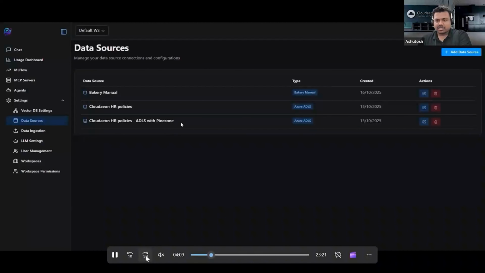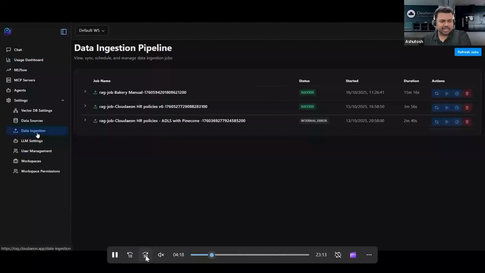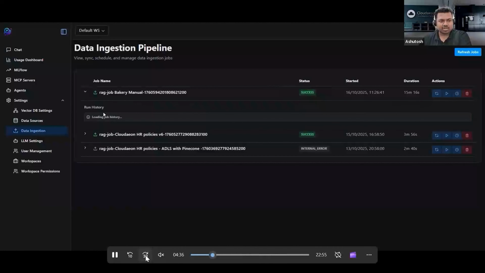So yeah, this is how you create a data source. After successfully creating a data source, this should trigger a pipeline which would convert all the data sources into a readable format. I mean, readable as in useful with the LLMs, and that is vectors. So here you can see a status, a duration,